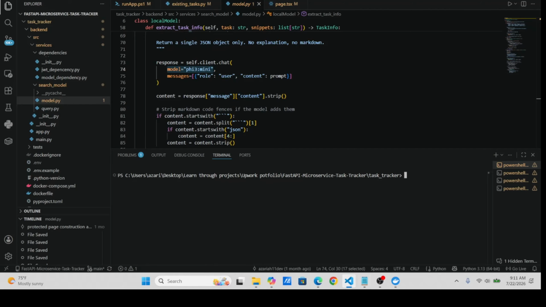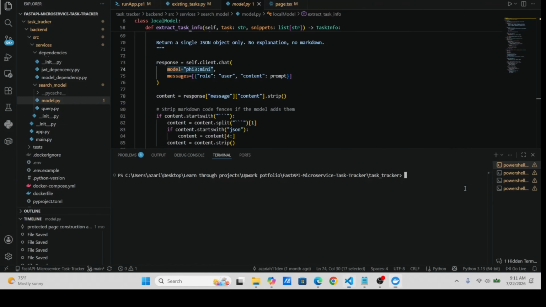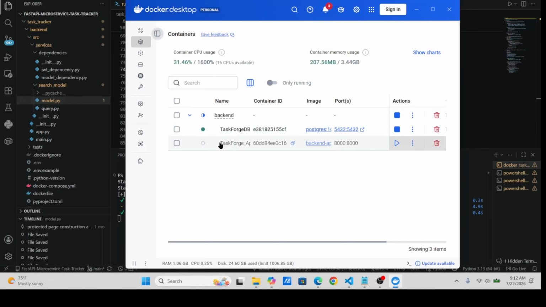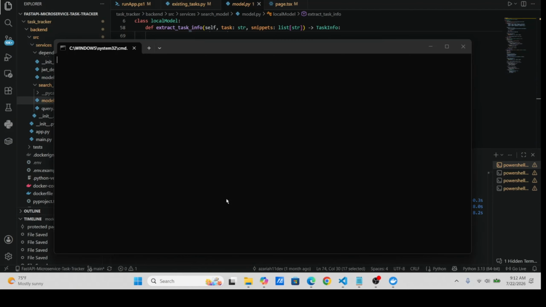Once you have those installed, you need Docker open. Docker looks like this, and you just run the command whilst you are in the root folder, which is task tracker, /run app.ps1, and it creates the containers. As you can see, the containers are being built for you. And once that script is done, it